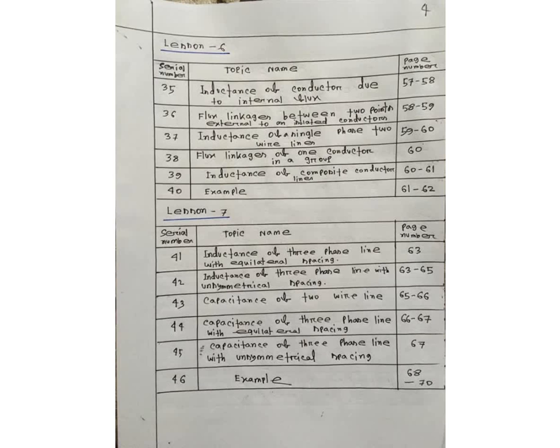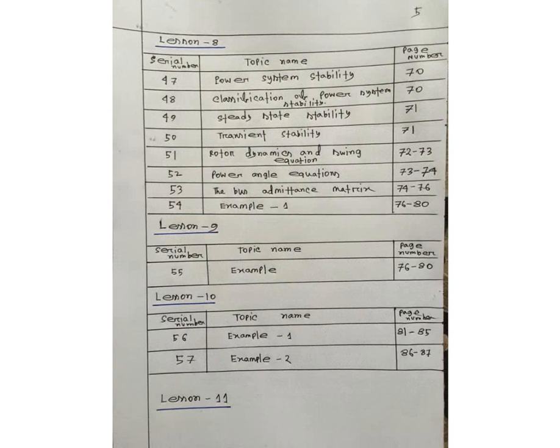Suppose inductance of 3-phase line with equilateral spacing, and inductance of 3-phase line with unsymmetrical spacing. Capacitance of 2-wire line, capacitance of 3-phase line. And in lesson 8 we learned all about these topics. Suppose power system stability, classification of power system stability, steady state stability, transient stability, rotor dynamics and swing equation, power angle equation, the bus admittance matrix,